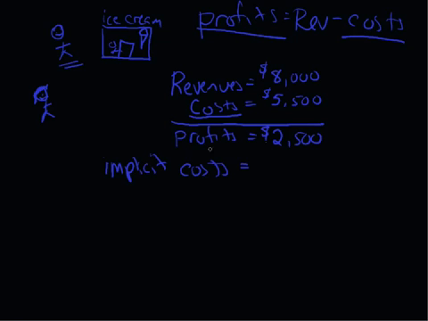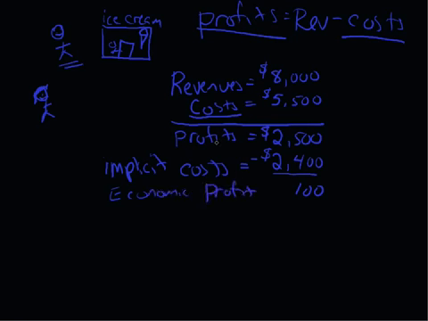What else could this entrepreneur be doing? What else could they be doing? Now Steve's okay, he could be doing ice cream, but he could also be doing something else. He could probably be working in a sports shop or something, selling equipment. And if he did that, his monthly salary would be $2,400. So this is if Steve did something else. Now you've got to subtract the $2,400 from that as well, because that's the true economic profit of opening up an ice cream stand.